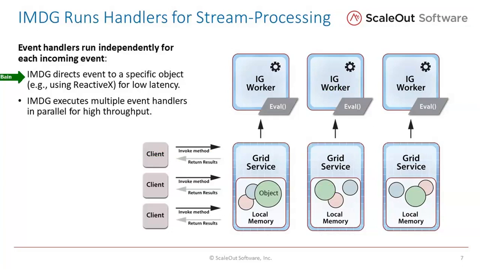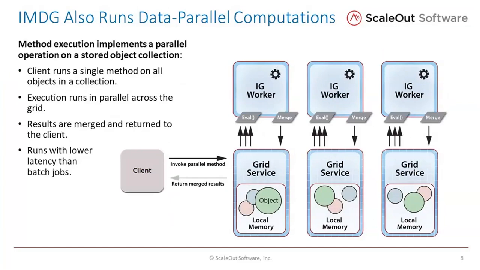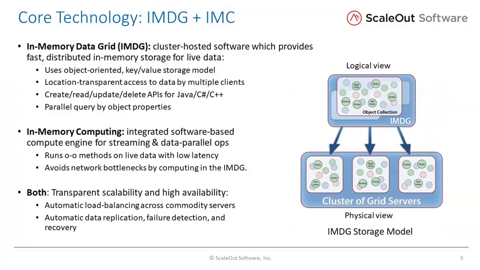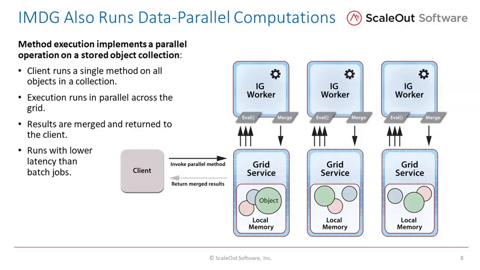Likewise, and even more interesting, we can run data parallel operations or computations so that we can analyze groups of data. Remember, we talked about in this earlier slide that we're storing data in collections by type, for example, cars or wind turbines or shoppers. By organizing objects in collections, we can run a method we call a val, or an evaluation method,